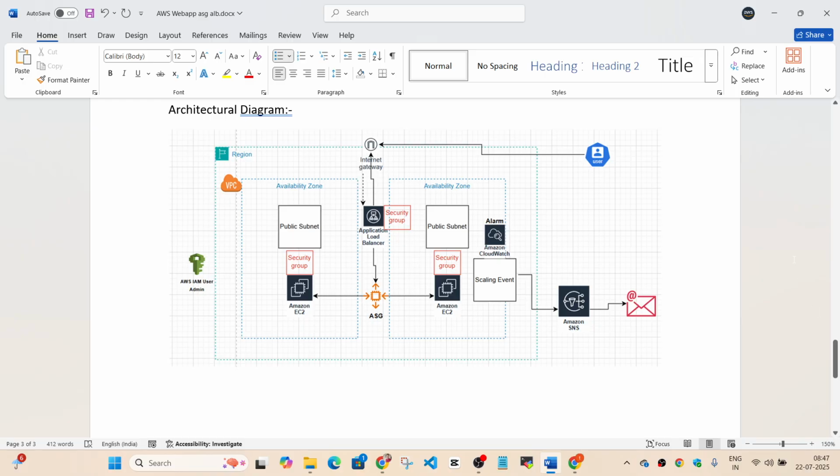Okay, let me just walk you through. If you can explain this type of architecture in an interview, there's no interview that you cannot crack. Because this is the type of real-time architecture that we'll be dealing with. So what I'm going to do is